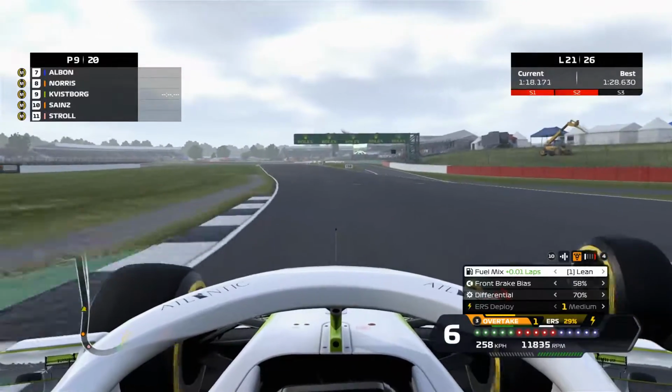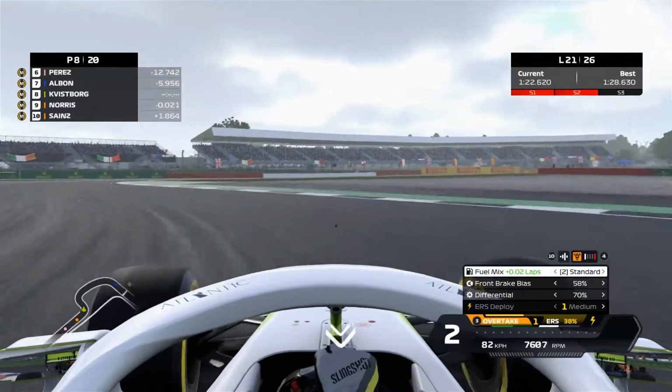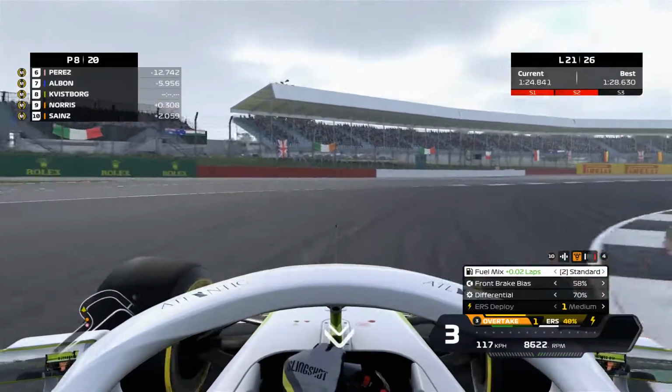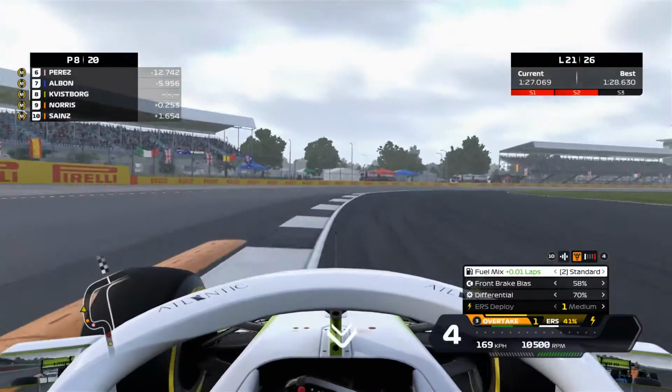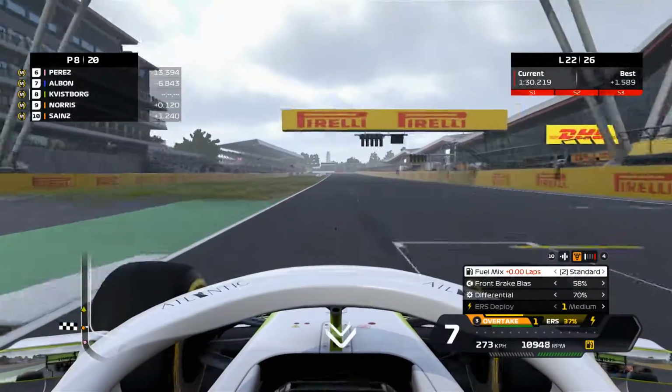I'm around the outside, he's on the inside now, but my outside turns to the inside into the last chicane, and we just dive up the inside, and that is P8 for us again. So fighting for just the last points that we can get in this race. Albon ahead is